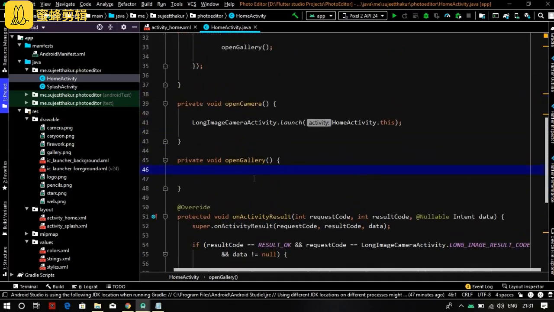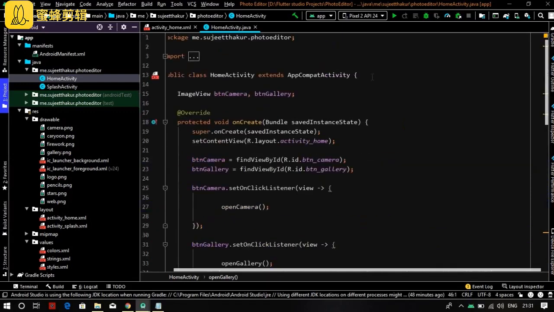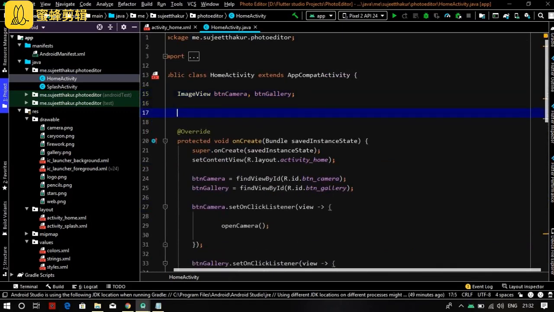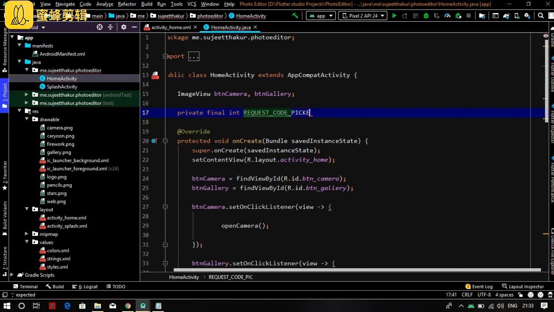Now let's create the logic for the open gallery method, so that we can select an image from the gallery and pass it to our edit image activity. For that we'll have to create a constant called request code picker.